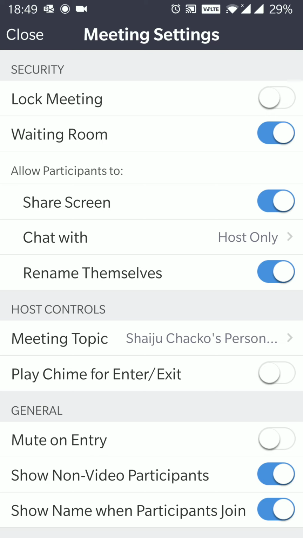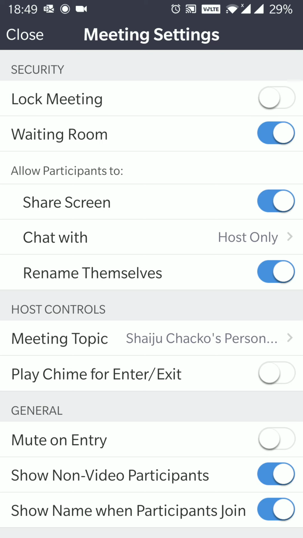Once the meeting is started, say you have 10, 15, 20 participants, and you know that the majority of them have joined. It's about 5 to 10 minutes. You've seen that everyone has joined. Now you have an option to lock meeting. What this means is the meeting is locked and none of them, whether they have the username or password or meeting ID link, can join the meeting. But there is also a flip side. If there are students who accidentally move out because of network issues, they cannot return to the meeting because you have locked them out. So it is again your choice whether you want to lock, but let's have it open as of now.